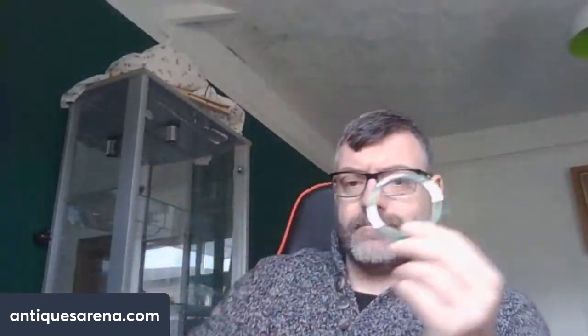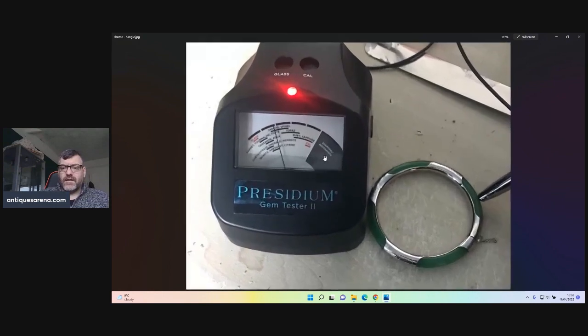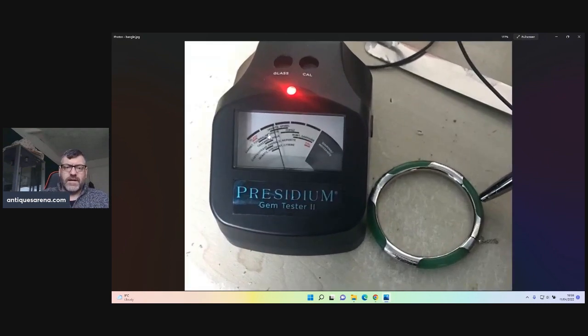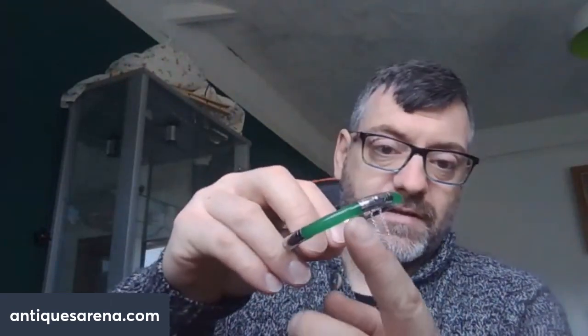This one shocked me. Now, I found this in the store and it is beautiful. This is jade. And it's not just jade. I've tested it. So you can see there, I've tested the bangle and it comes up as jadeite. So there's no question whatsoever in my mind that it is a jade bangle. Now, it's not just a jade bangle. It's got a safety chain and all this